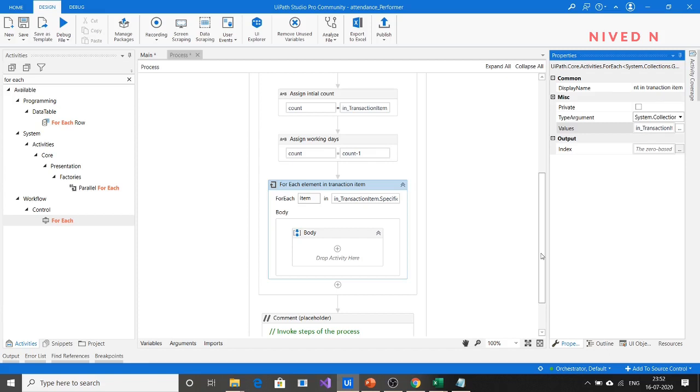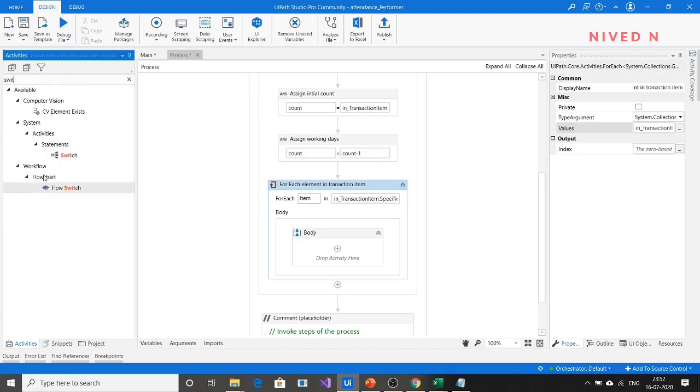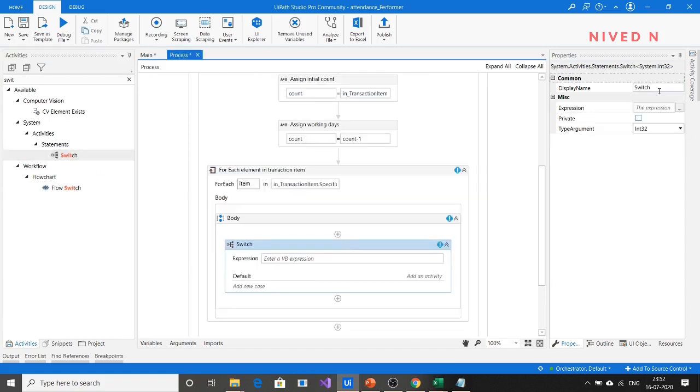For retrieving the value from this element, you can use another activity. Before that, you can drag the Switch activity here. Just give it a name, let's say for calculating total number of present, absent, and null data.